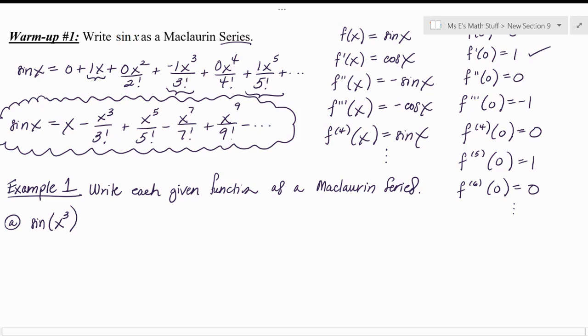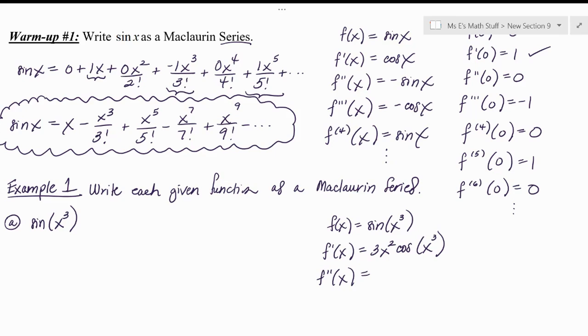Because for part A here, if f of x is sine of x cubed, then the first derivative, thanks to chain rule, would end up being 3x squared times the cosine of x cubed, which is not too awful. But once you get to f double prime and you realize that you need to use product rule, we can do it, but it's going to be yucky. And by the time you get to the third derivative, it's even yuckier. And so